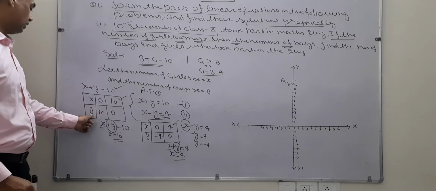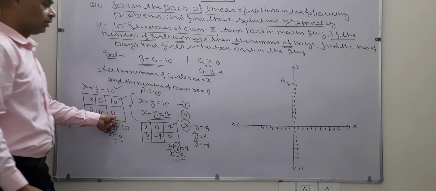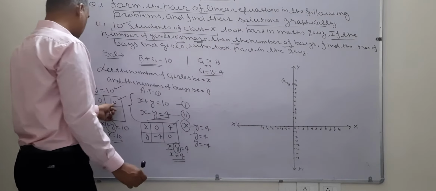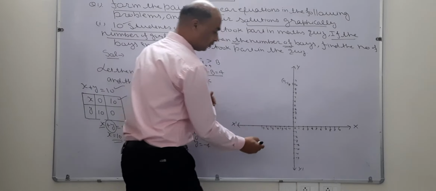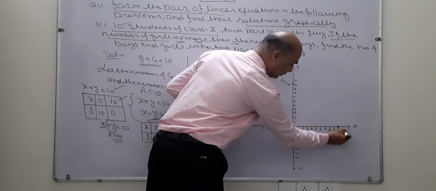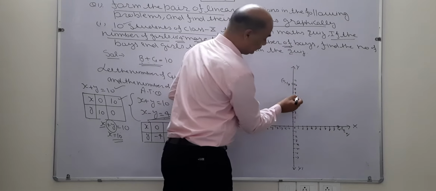Now see what is given in the second: x equal to 10 and y equal to 0. Where is y 0? At that point, the same point, y is 0. Here x is 10. Where is the value of x equal to 10? This is the value of x equal to 10. So the coordinates become 10 and 0. Now I am going to join these two points.